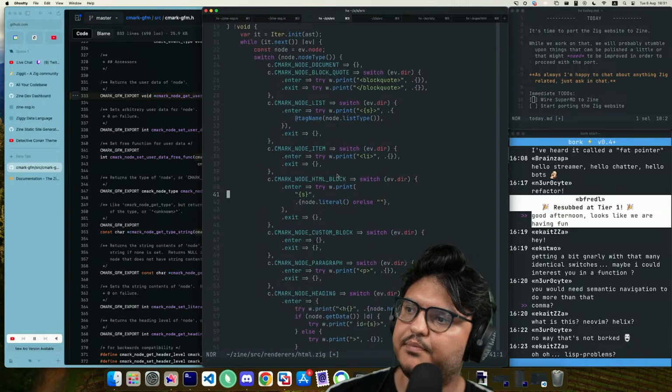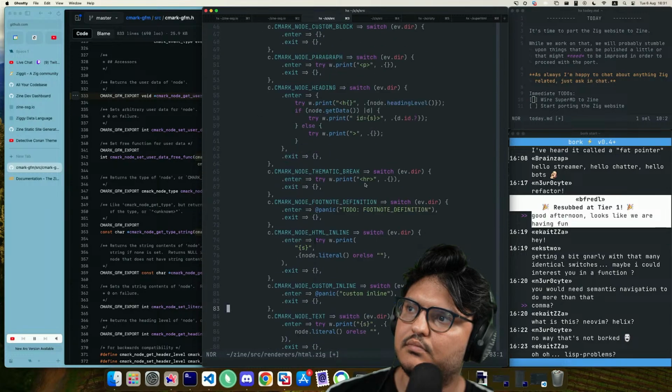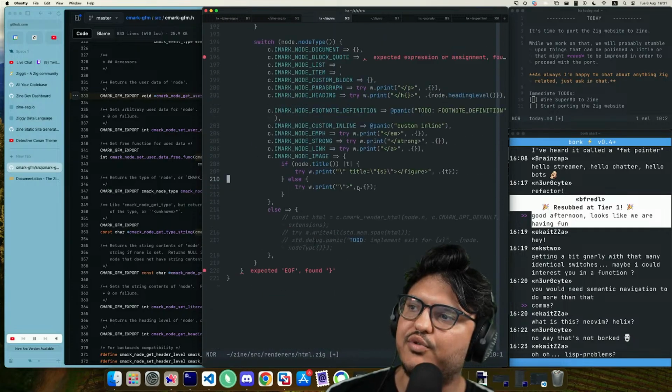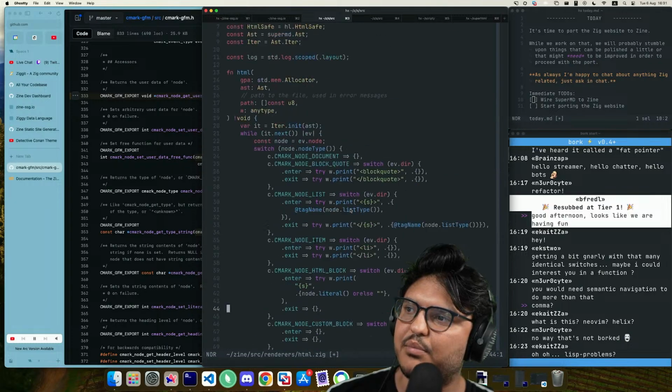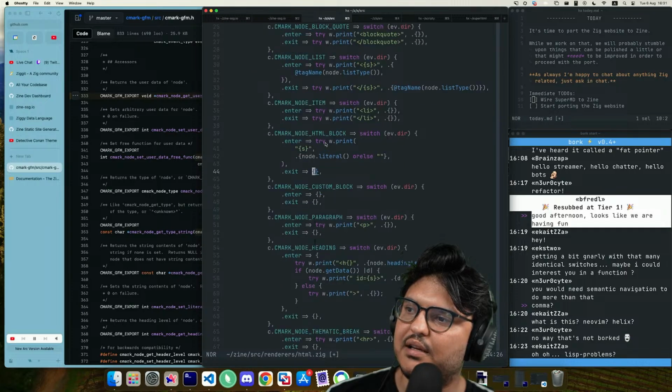Node list. Node item. Why didn't I do this the first time? I'm having trouble understanding what was in my brain when not realizing this was obviously the better way.